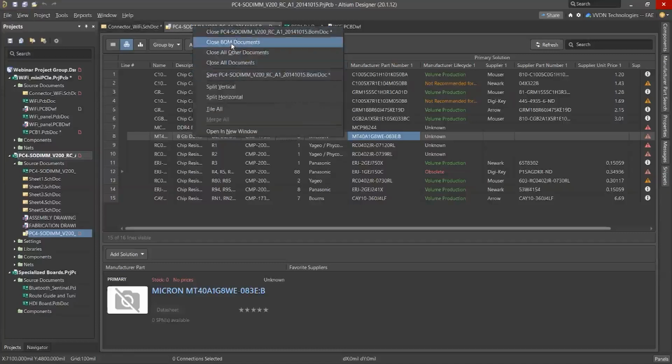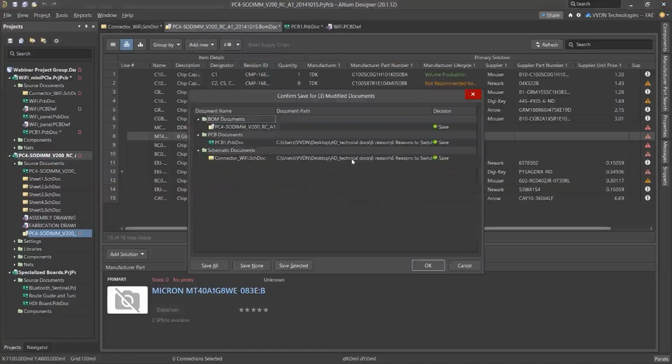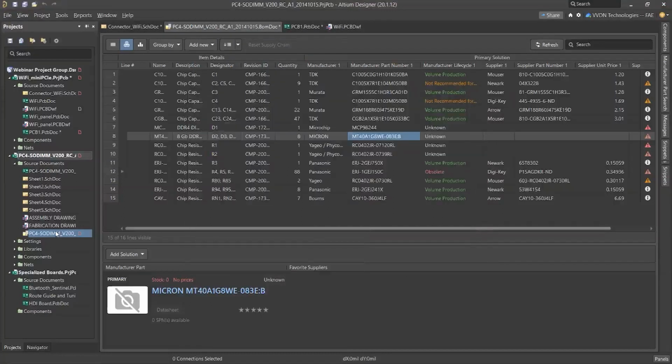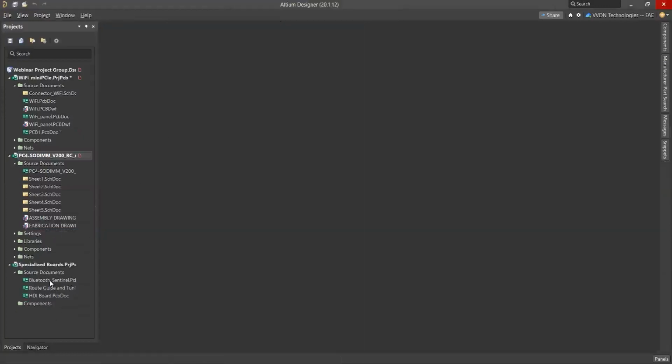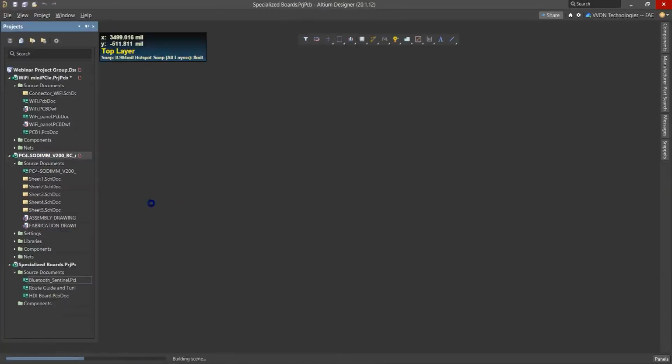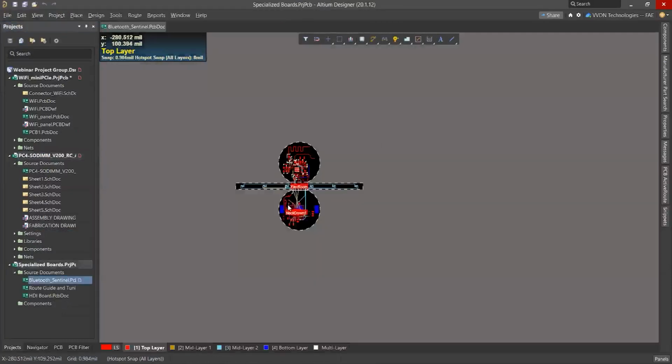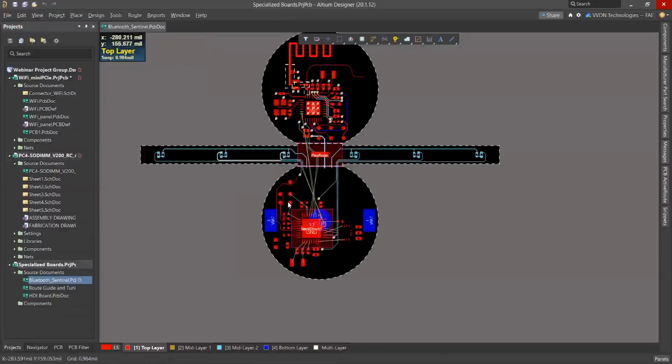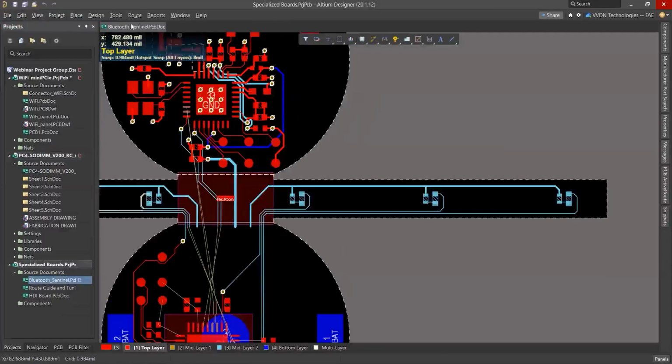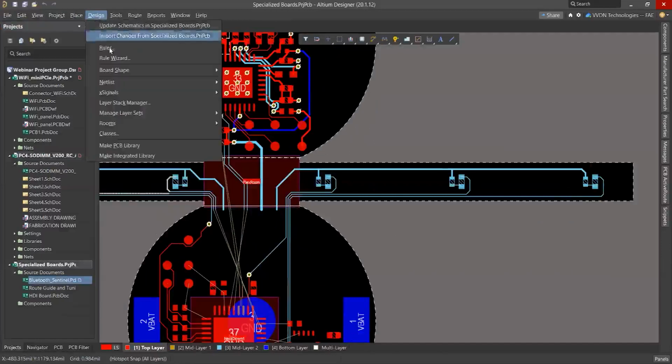And close this document. Then here you can see this one is the project for the length tuning. First, for high-speed design we have rules.